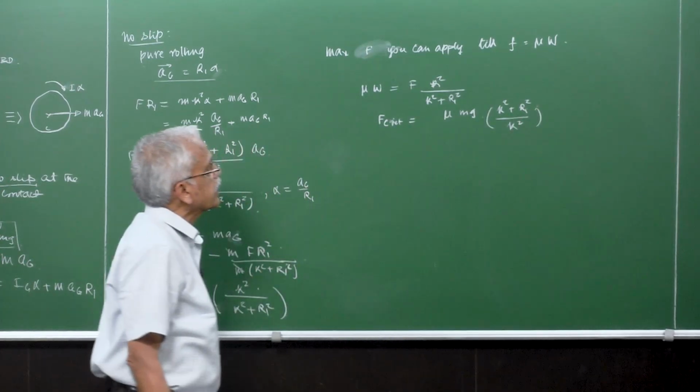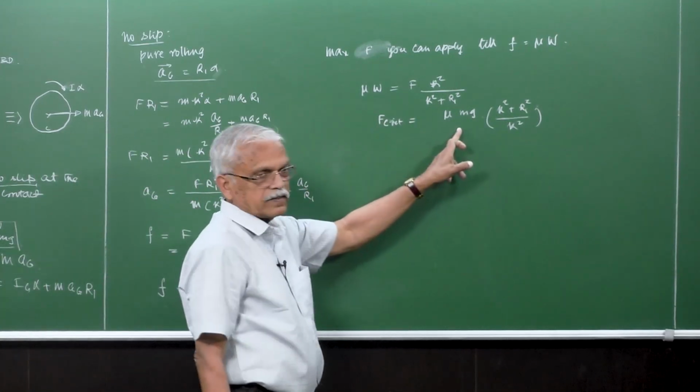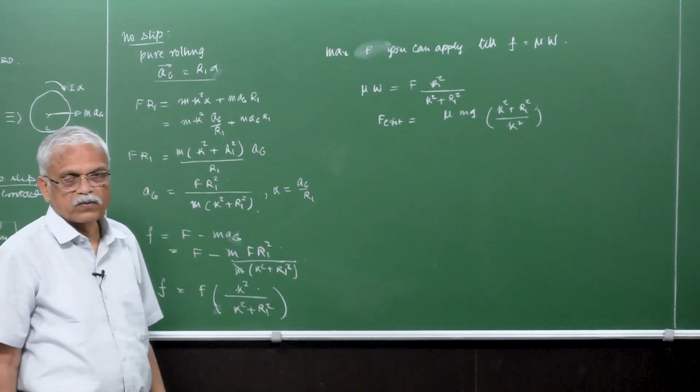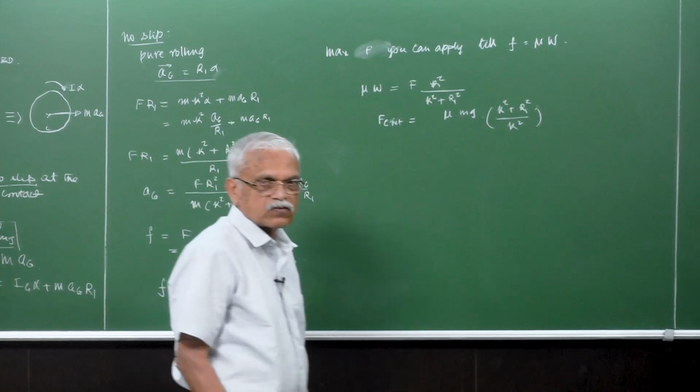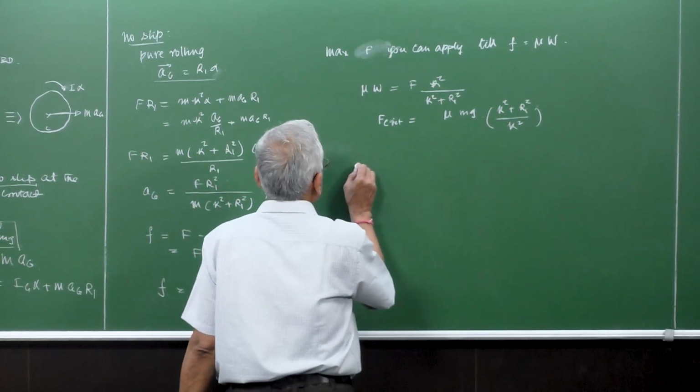Okay. So this is the critical value. This is the maximum F which you can apply for this condition to satisfy, that's pure rolling. Okay. So once you go beyond this, the case 2 is that